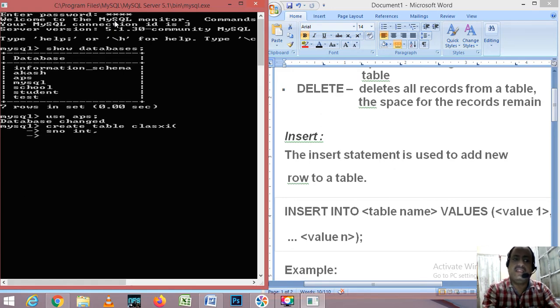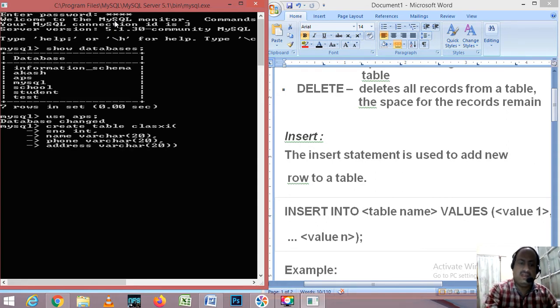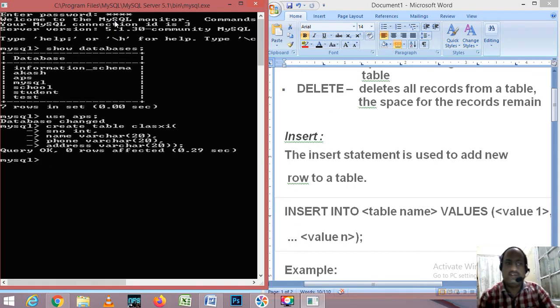Then second is name, which is in the form of varchar. Phone, which is in the form of varchar. And the last one is your address, which is in the form of varchar. Now afterward you will find one Query OK option. It means your table is created.